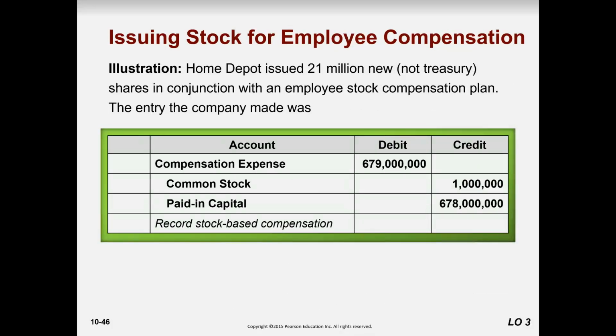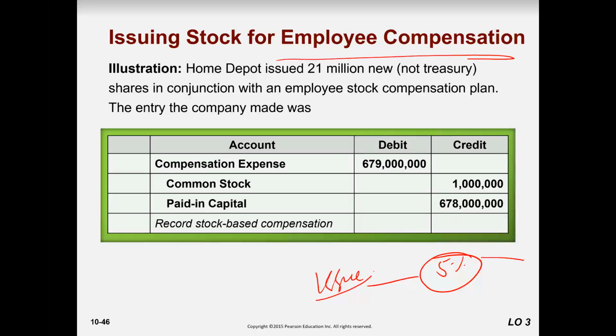Now sometimes, rather I should say that most of the times, stocks are issued for employee compensation as well. Like we told you, the company can buy back from the market or the company can issue new shares to the employees, especially for CEOs when they are given the task: if you increase the profitability or restructure the company, we will give you 5% shares. Now there are two ways. Either you buy 5% shares from the market or you issue new shares.